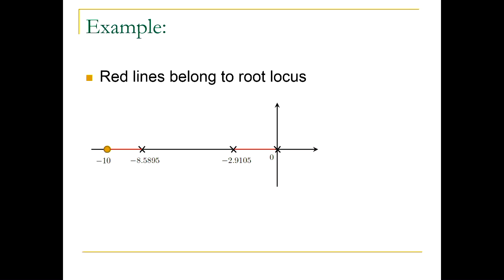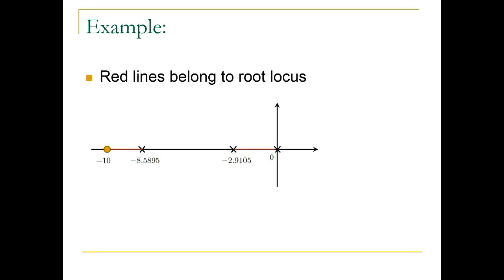How about here? Well, the contributions of all zeros and poles are pi each. But remember that zeros and poles come in with negative signs. So one zero and one pole would cancel, and I would have just the contribution of 2 poles. So it's again minus 2 pi. Again, it doesn't satisfy the phase condition. So none of the points on this part of the real line satisfy the phase condition.